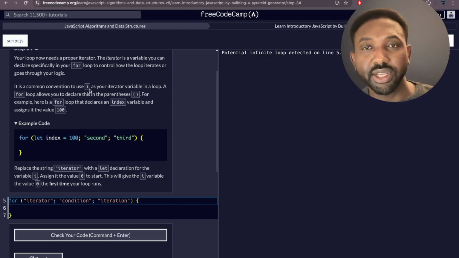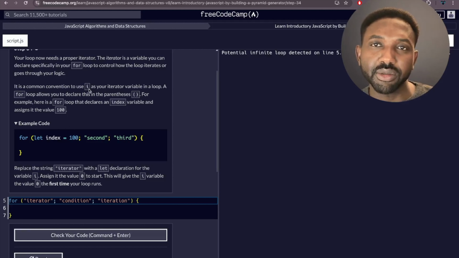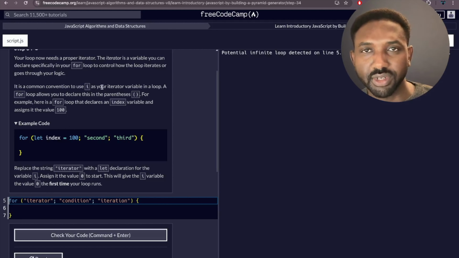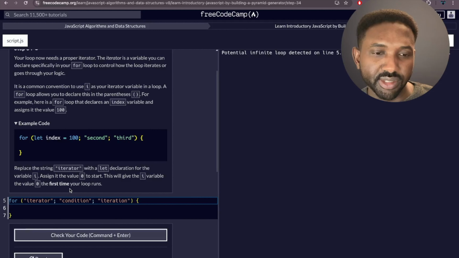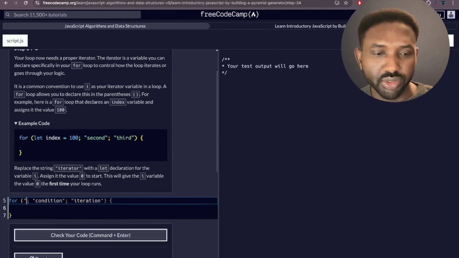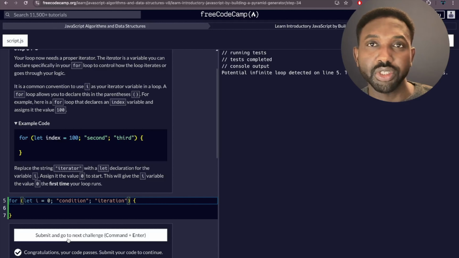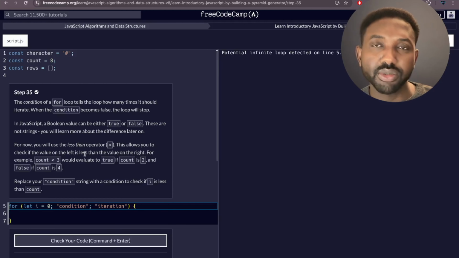Usually we assign it to a name called just I. This is a convenient way most developers will understand. In this case, it's asking us to assign it to 0, start from 0. Instead of this iterator, let's remove it. Let I equal 0. And check your code. Congratulations, your code passed. So submit the changes and move on to the next lesson, 35, with the introduction